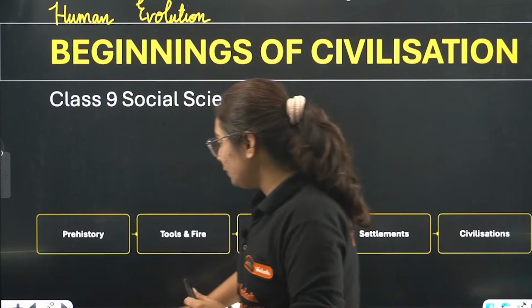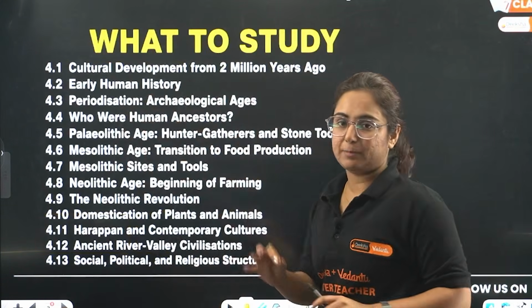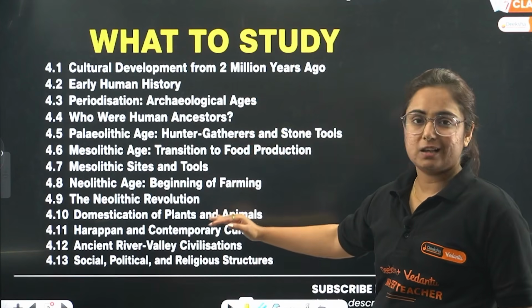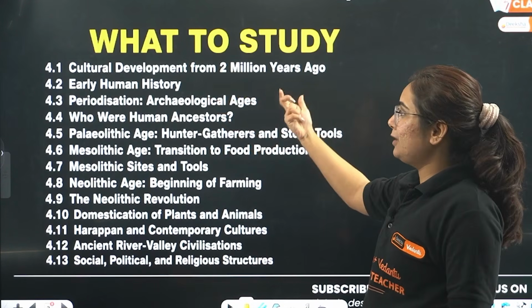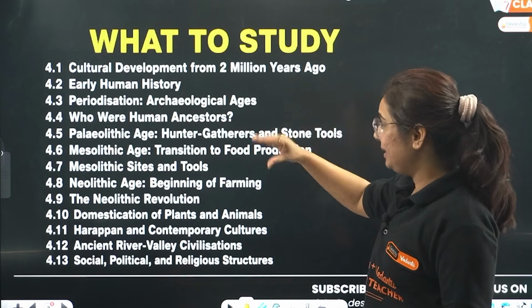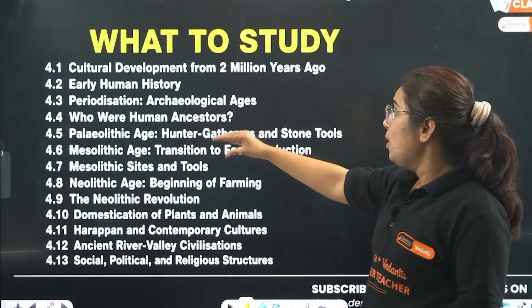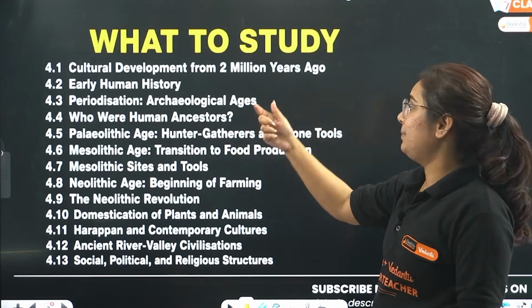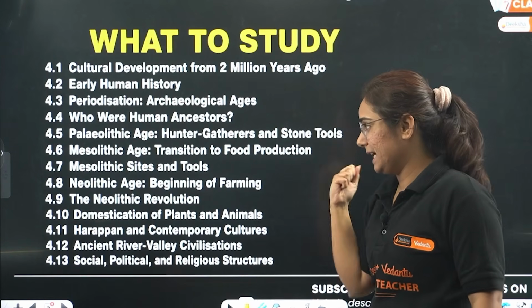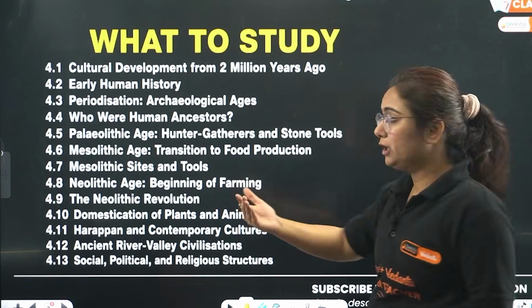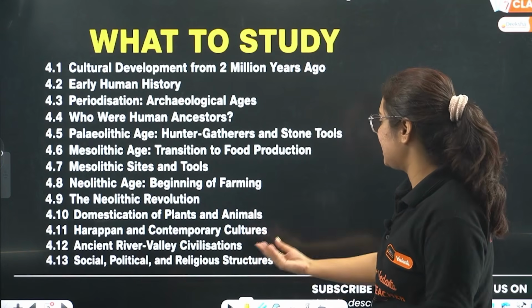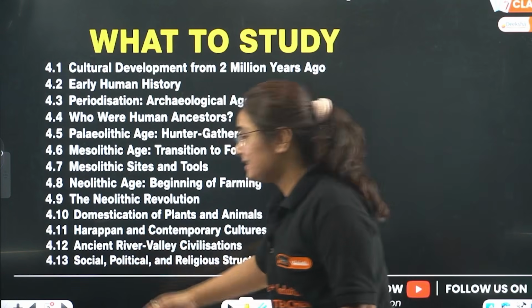So let's figure out first what we are going to study in this chapter. Here are the topics that are decoded in the entire chapter, where we will study about cultural development, early human history, periodization, an important topic, who were human ancestors, Palaeolithic, Mesolithic and Neolithic age. Then we will talk about the revolution that came after Neolithic age, domestication of plants and animals, Harappan civilization,